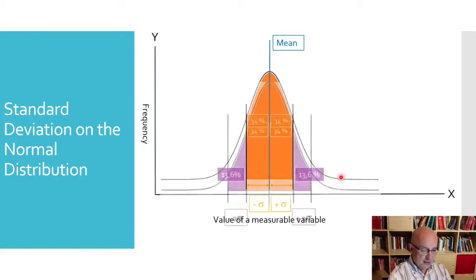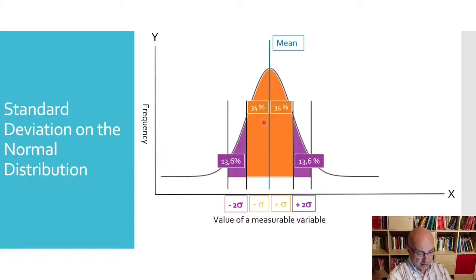But if I extend the range and I consider the mean plus 2 standard deviations on the right and minus 2 standard deviations on the left, I include 2 additional portions of 13.6% of data. So at the end, a range given by the mean plus minus 2 standard deviations will provide a percentage of data included in that portion of area of the entire set of values of the normal distribution